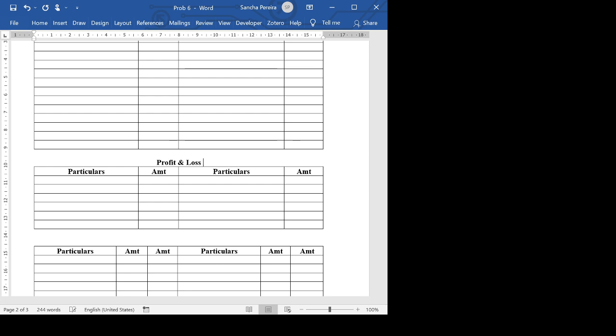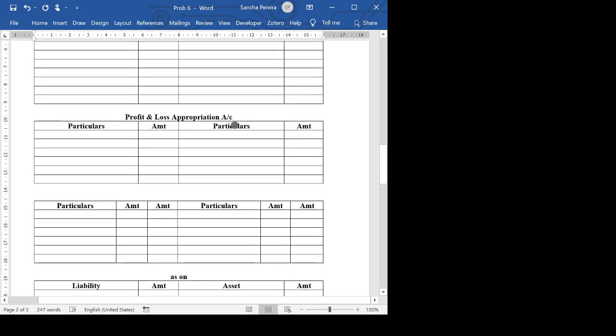Profit and loss appropriation account for the year ended 31st March. Then we have partners current account. I told you why it's current account and not capital account: if there are current accounts and capital accounts, the capital remains fixed. All the payments are made to the current account. If there is no current account, which we're going to do in another problem like that, all the adjustments are made to the capital account. So this is going to be partners